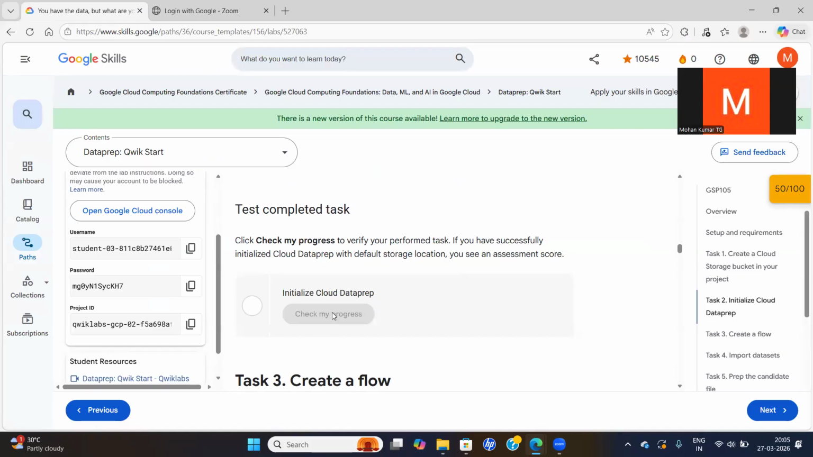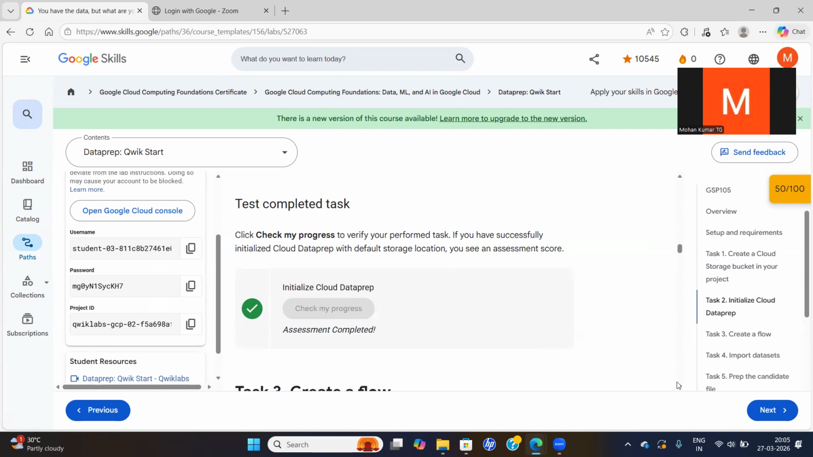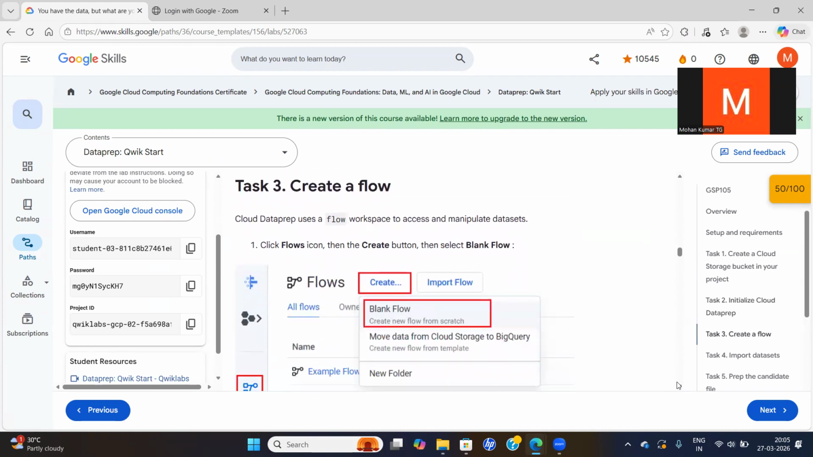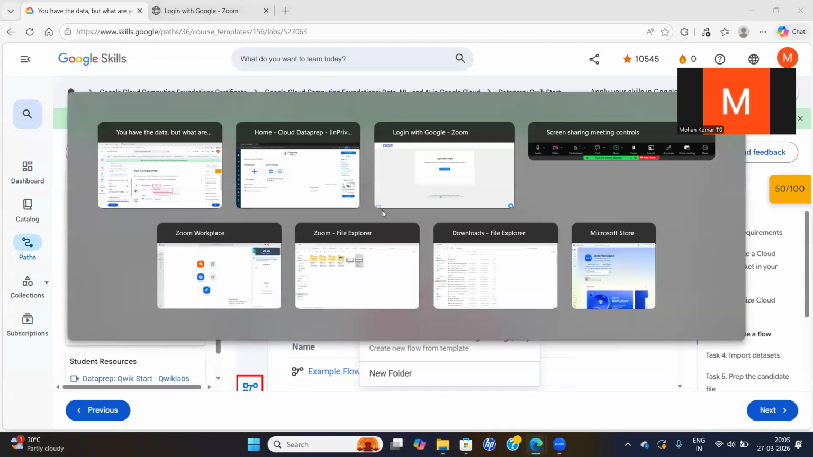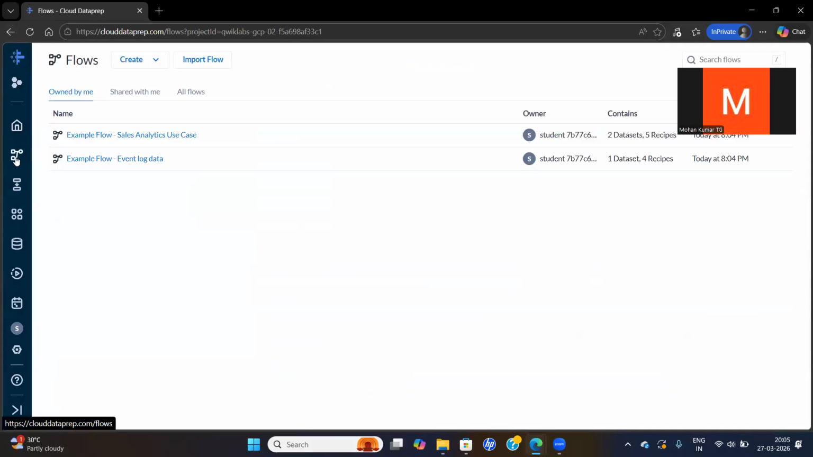Before that, I can check the progress. I initialized the Cloud Dataprep, so that assessment is completed. Now I'm going to move on to create a flow. How to create a flow? Just click on the flow option,